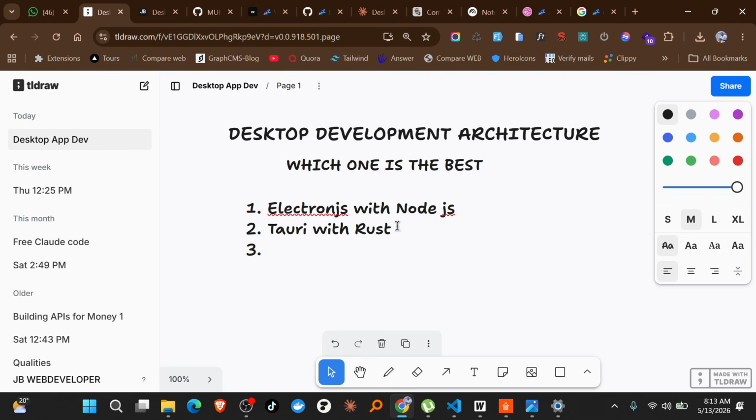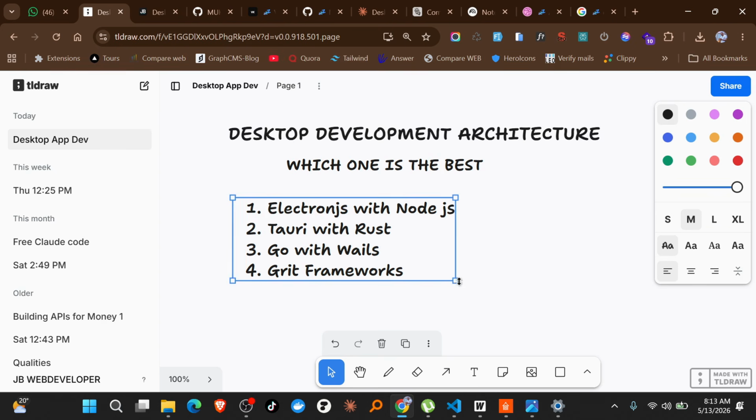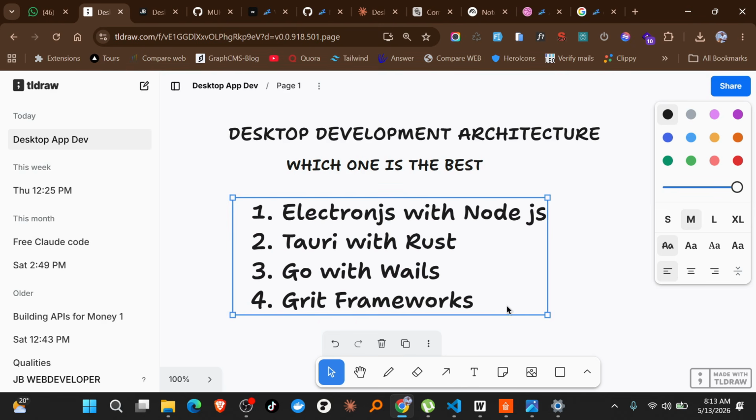The third one is Go with Wails. Okay, basically these are the ones, and then the first one is actually the Great framework. So basically we have these 4 frameworks that we want to evaluate right now